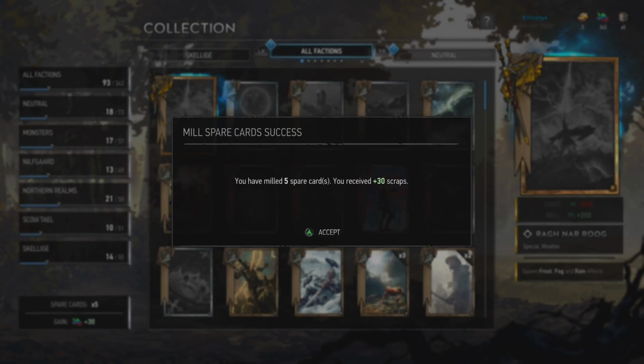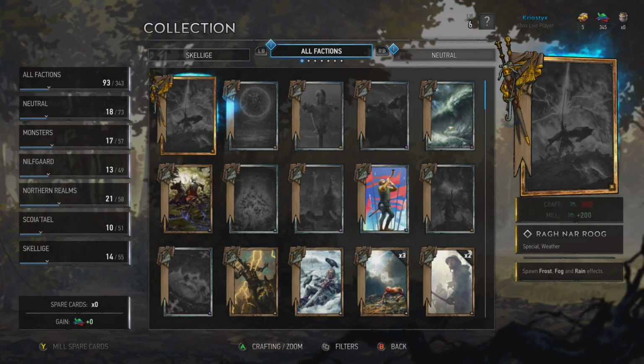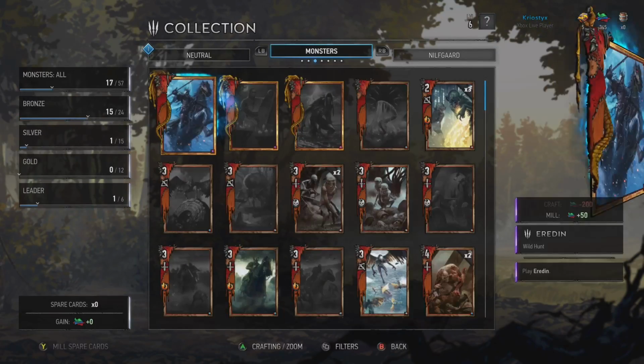There's no animation to do that. That would have been fun. Oh well. Anyway, now we have 345 scrap, and I had this idea that I want to